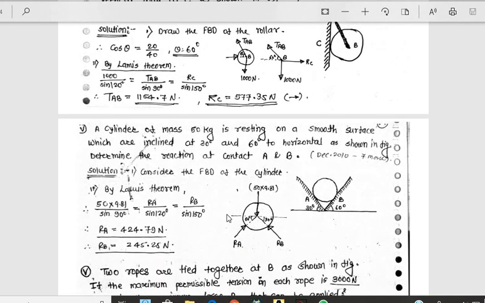We are going to discuss some more numericals on these topics of Lami's theorem and cylinders, because in the final examination there is always a compulsory question on this topic. As far as time duration is concerned, I am going to stop here, and the next video lecture will be the extension of this. In the next lecture we are going to see some more varieties of this cylinder problem. Thank you, we are going to meet in lecture number 2 of unit 3. Thank you.